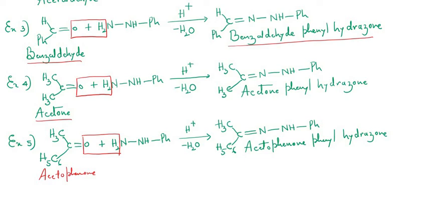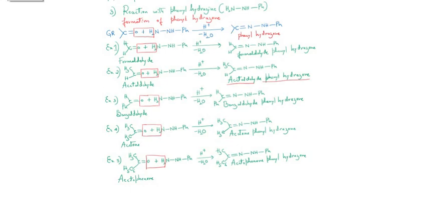If it is benzaldehyde, then we will be getting benzaldehyde phenylhydrazone, and I hope that I did not make any mistake here. The N, NH and Ph, right? So similarly, if the compound is acetone, then we are getting here acetone phenylhydrazone, and if it is acetophenone, we will be having acetophenone phenylhydrazone. Is it clear, students? So you can take this screenshot also, students, that is reaction 3 with respect to phenylhydrazine. So all the 5 reactions, that is with respect to aliphatic aldehyde, one is aromatic aldehyde, that is example 3 is benzaldehyde, fourth one is aliphatic ketone, that is acetone, and the fifth one is aromatic ketone, that is acetophenone.